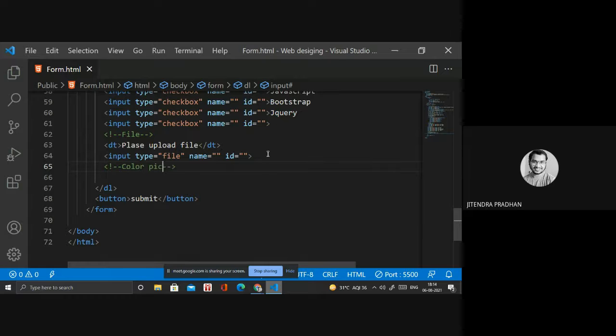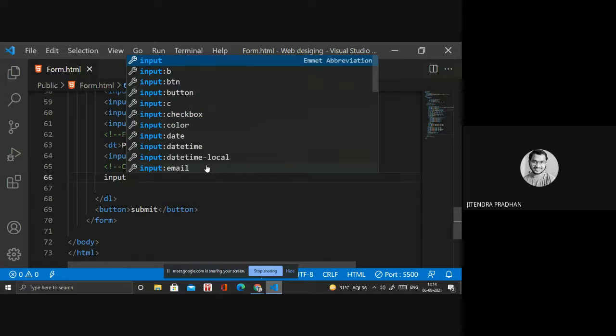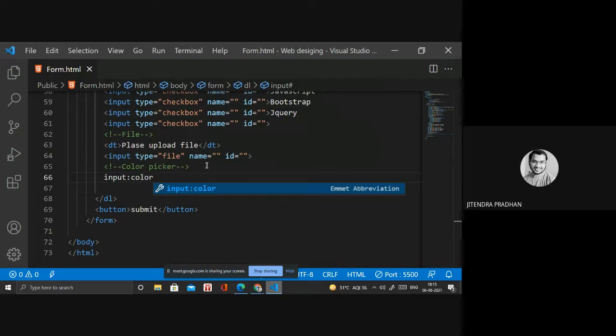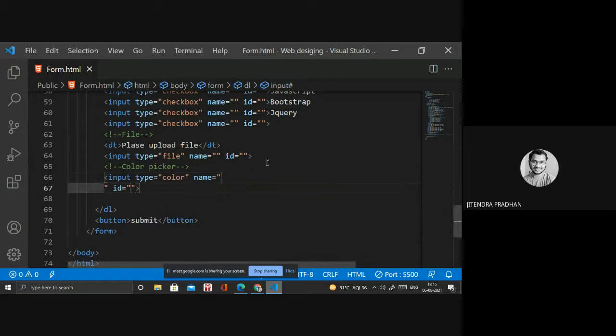Color picker. Okay. So input type is equal to color.